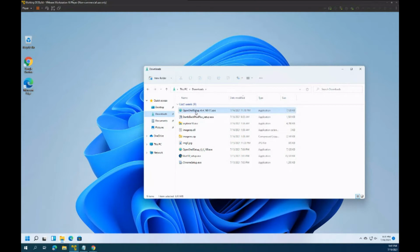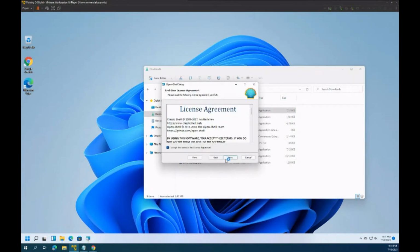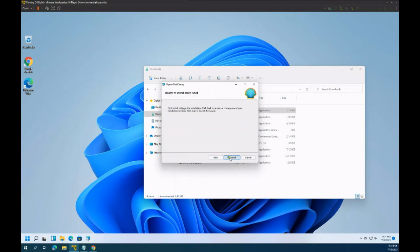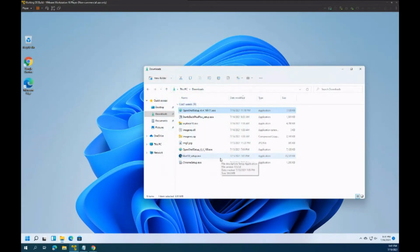So I installed this program called OpenShell. There's a couple of different programs. And what it does is it gives you a more classic start menu. Interesting. Now, that's the first time that I've seen